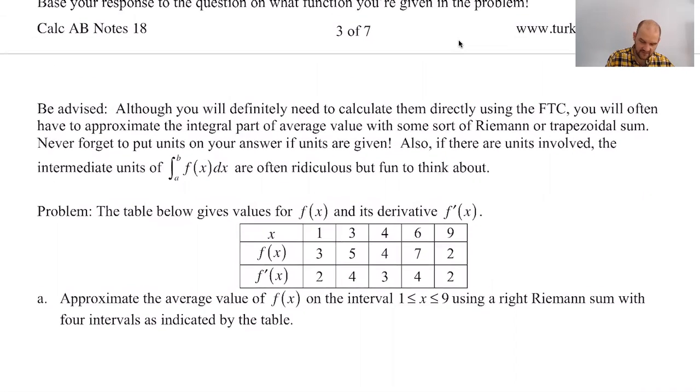I find that it's very, very common, however, that you're going to actually be given a table of values and approximate the average value. And when you do that, do not forget that it's going to be 1 over b minus a, right? It's 1 over b minus a times the integral from a to b of whatever. The other thing is, if you look at the units in the middle of an average value problem,